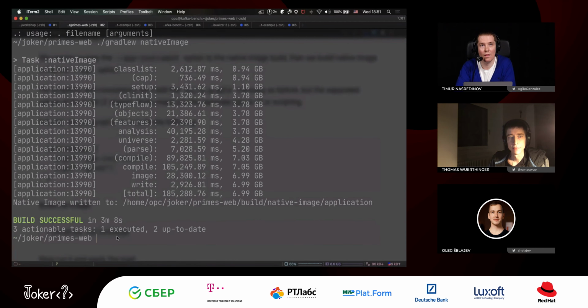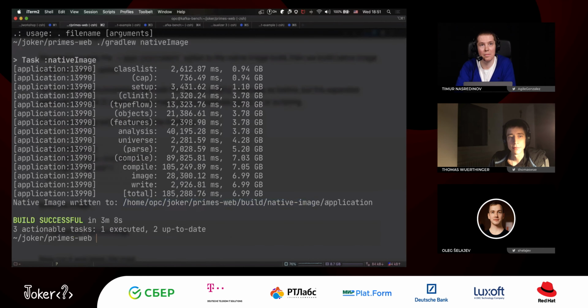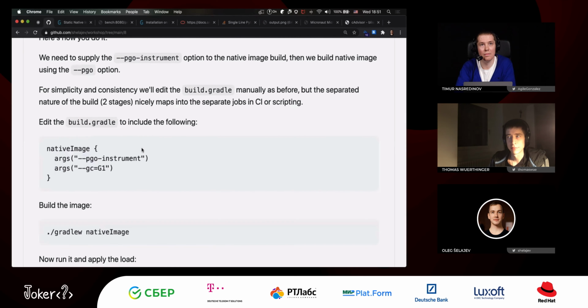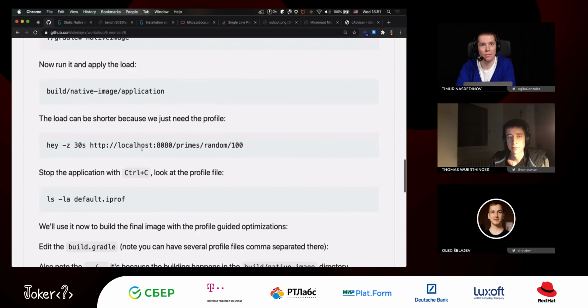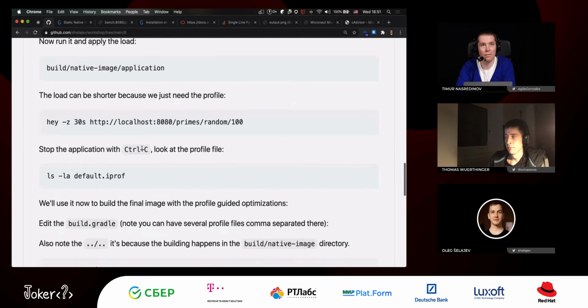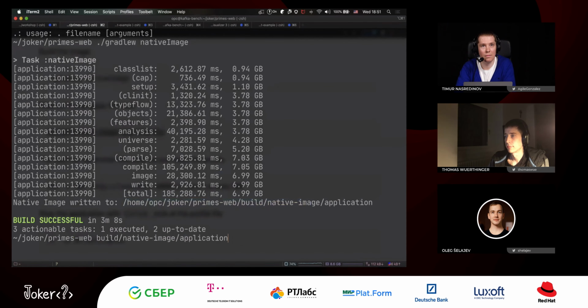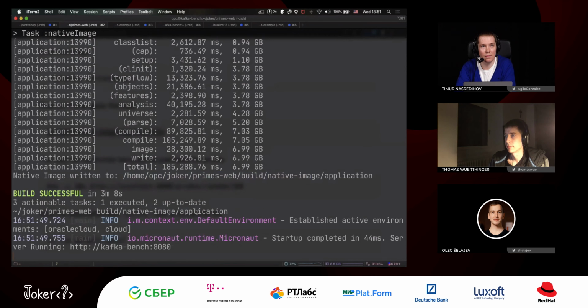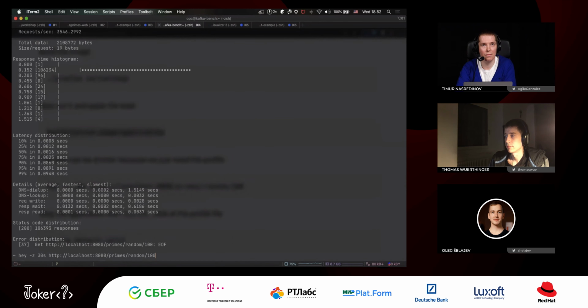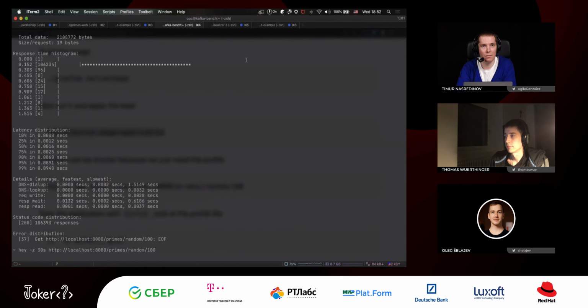Absolutely. Right. So our application is done here, right? So now we have the binary. Now we need to build the Docker image for this binary, right? Because we don't need to build the Docker image for this binary. We need to run it. We run, and this is the instrumented binary, right? This binary contains the code that will output the profile. So we're gonna hit it with load. Let's say the same 30 seconds, doesn't matter how much time, like half a minute spent,